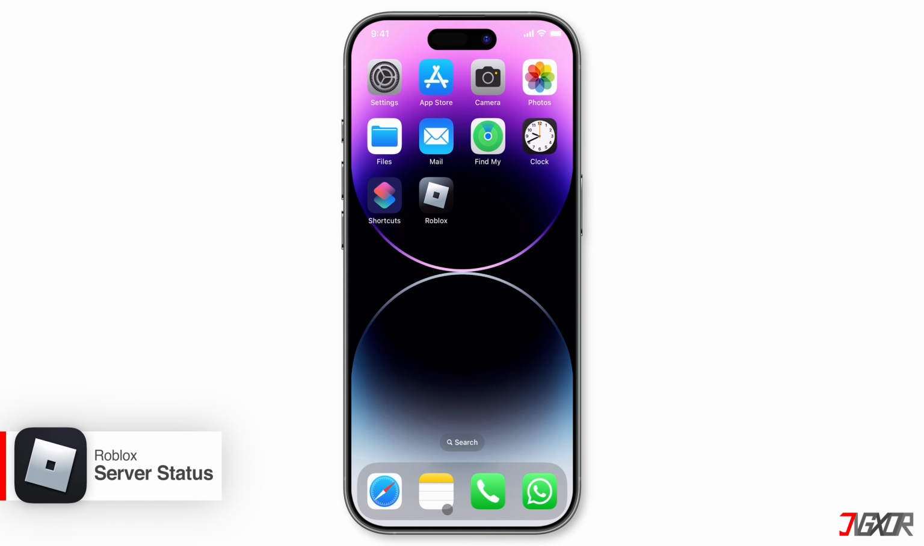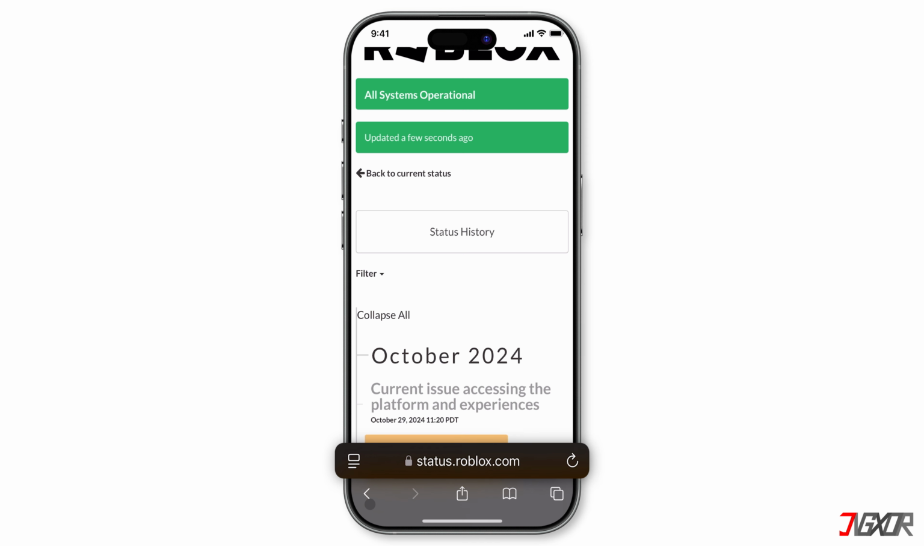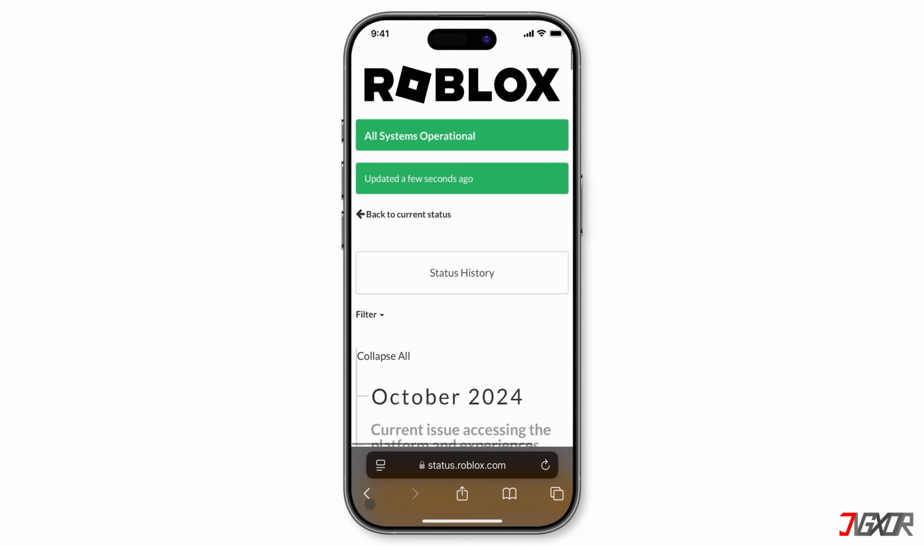You can also check the server status. Here you can quickly determine if the issue is on Roblox's end or if it's a problem with your specific game or device. Open your browser and visit this site. If the server status is normal, you can focus on troubleshooting your device or the game itself. However, if there's a known issue with the servers, you can wait for it to be resolved or try playing